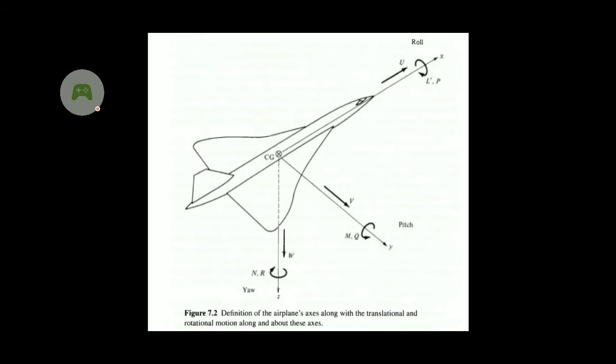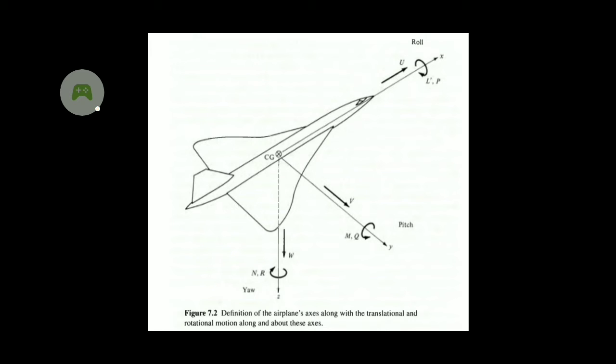Okay, and the angular velocity is given by p over here about the X axis, and the moment is given by L dash, because the moment is producing the rolling motion. L dash is defined for rolling moment because L is used for the lift of the airplane. Okay, so L dash is for the rolling moment over here, about the X axis that is passing through the CG.